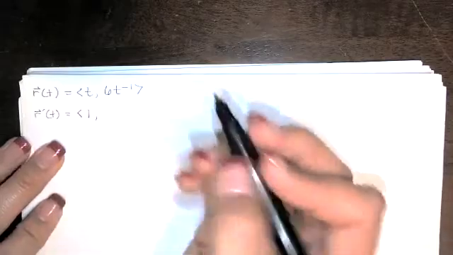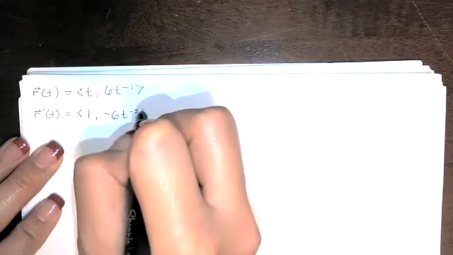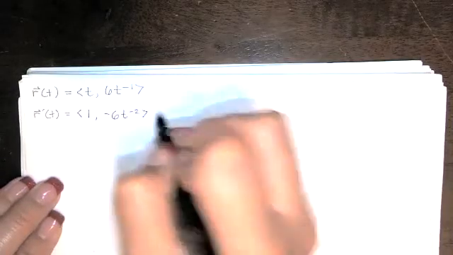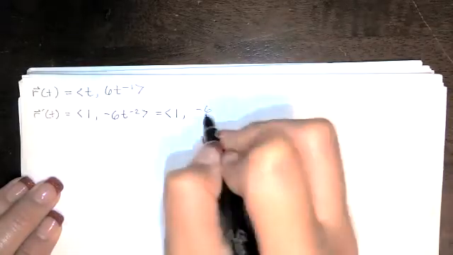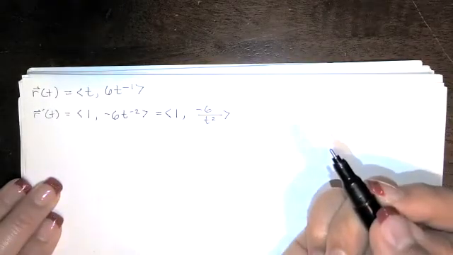Just take the derivative component by component. The derivative of t is just 1. The derivative of 6 times t to the negative 1 requires the power rule. So bring that power down, multiply by t to the 1 less power. And that's r prime of t. Or you can write it this way. It's 1 times i hat plus negative 6 over t squared times j hat. Now we want